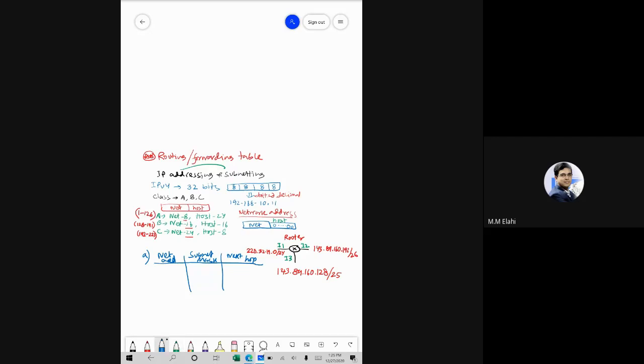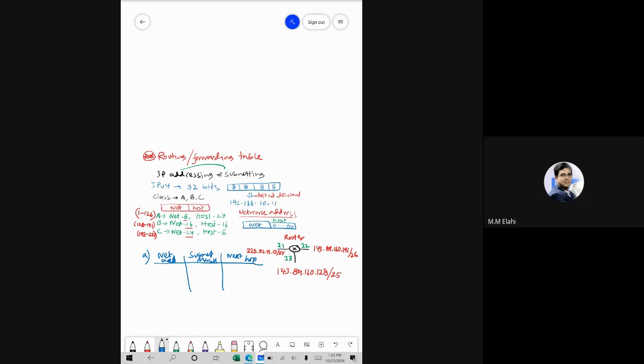Order actually matters. Okay, order matters. But theoretically, if you don't maintain the order, maybe that is fine, because we have longest prefix matching, but practically order matters. So anyway, let us first put